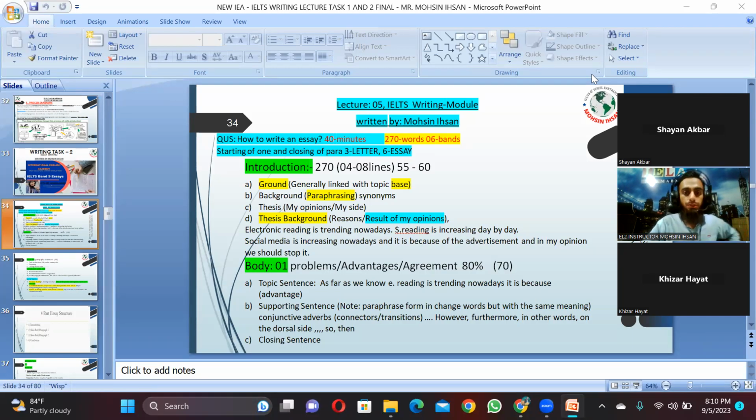Body 1, body 2, and conclusion. Having a short conclusion for the previous lecture, we discussed the format, and then we came to the point of introduction. We also discussed the timetable for us. The timetable had like